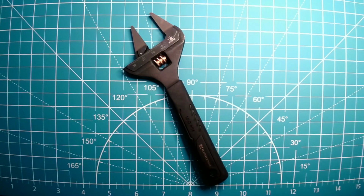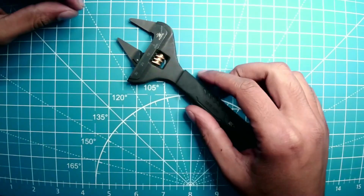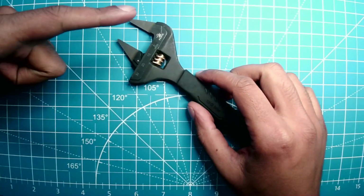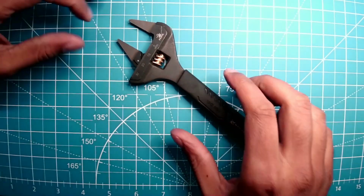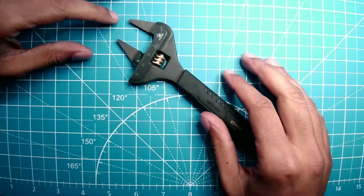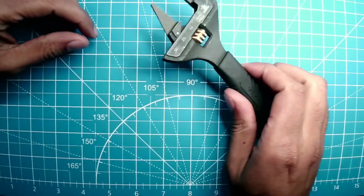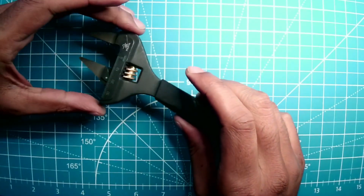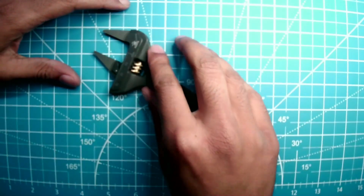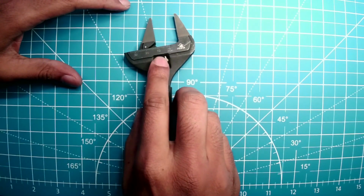So, as some of you guys may know from your experience or from one of my last videos, Fujiya is a Japanese company. They make tools such as wrenches, pliers, wire cutters, cable cutters. They make good tools for plumbing work and also electrician work as well. Just a variety of different good quality, well-made hand tools. One of the things you'll notice about these tools, and a lot of Fujiya tools, is they have a very appealing look. They tend to be blacked out with a nice coating, and they tend to have a gold-colored type of fitting,